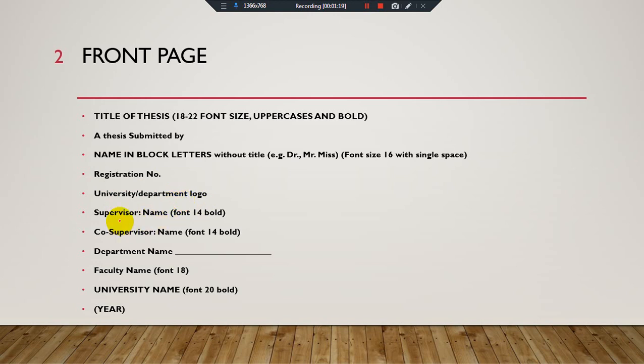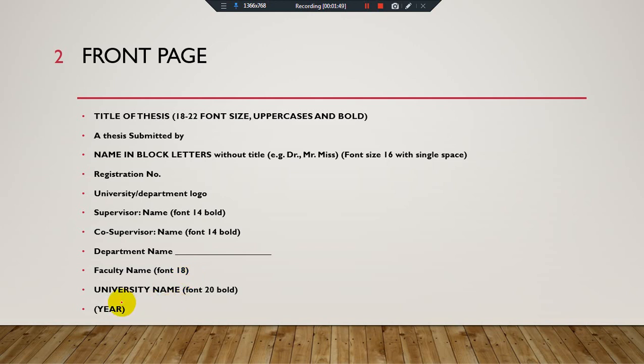And here is the supervisor name of the student who is supervising the student, and if you have a co-supervisor, then you also have to mention the name of the co-supervisor. Then you provide the name of the department and then the faculty name, like if you are getting the degree under the faculty of social sciences or under the faculty of management sciences, you have to provide that here.